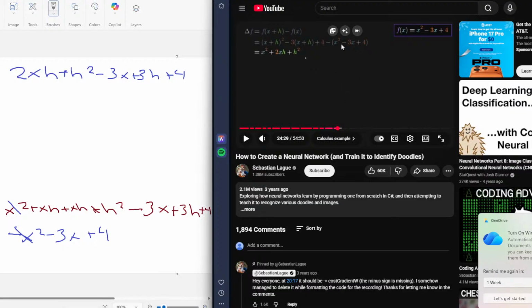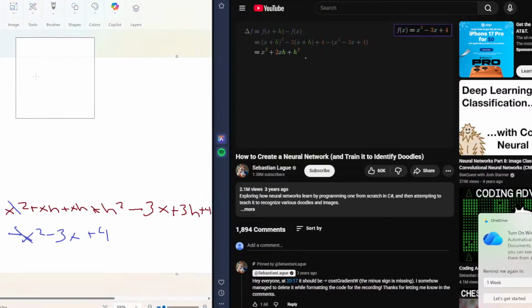What I'm looking at right now is I didn't pass this across the line because technically that would be something completely different. Yeah, let's try this again, just to get it right, right? So if we're really looking at it more like that, then you're saying it becomes negative x squared plus 3x minus 4, which then you're still crossing this out, but it also opens up the aperture for 2xh